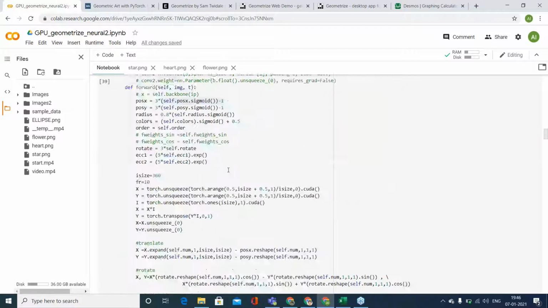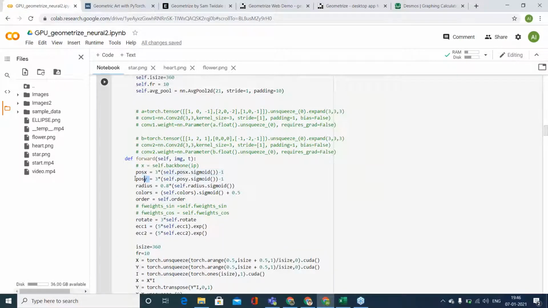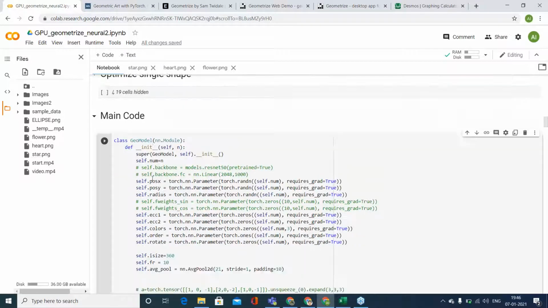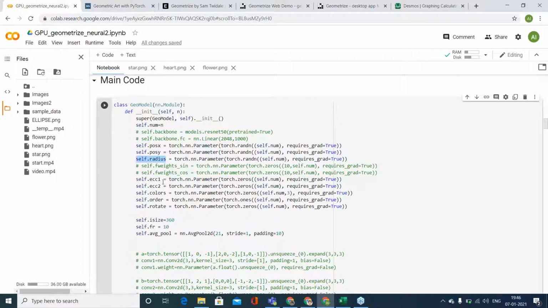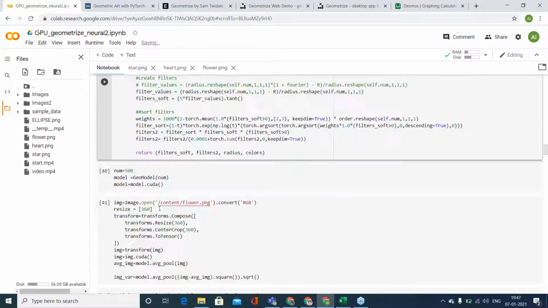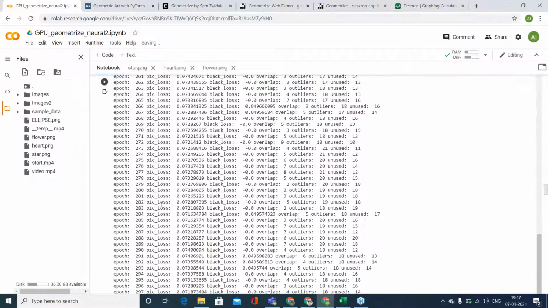And how many parameters are there for every shape? There is an x coordinate, there is a y coordinate, there is a radius, there is scaling in x and y directions. Then there are scaling factors for colors, 3 here. So 1, 2, 3, 4, 5 plus 3, 8. Just 8 parameters for every shape, right?